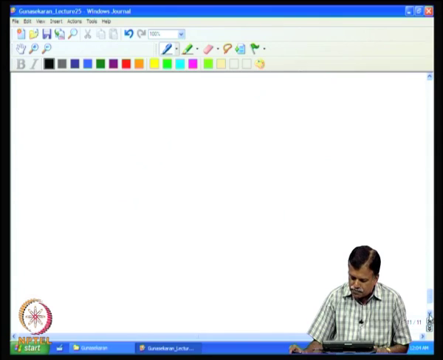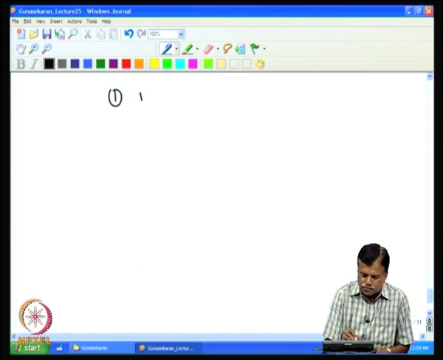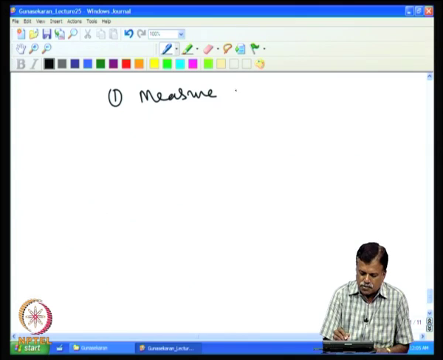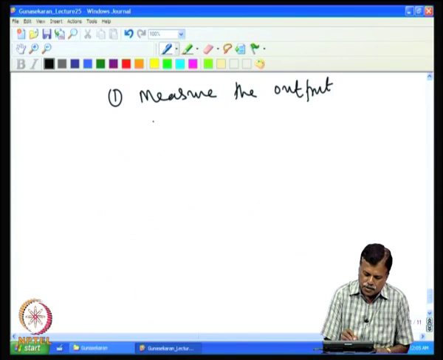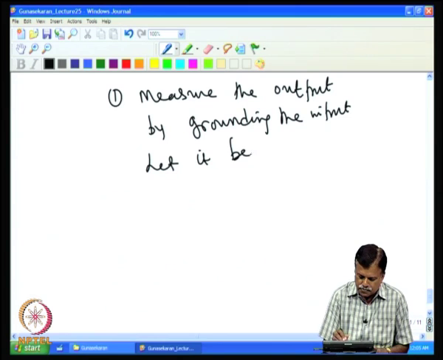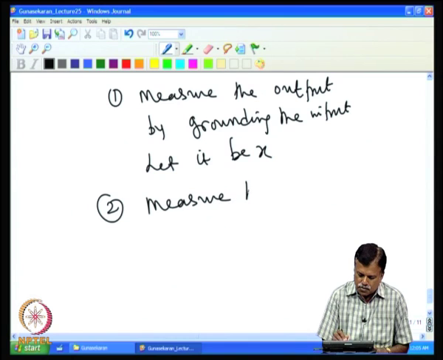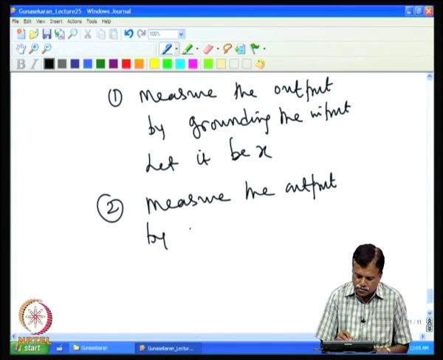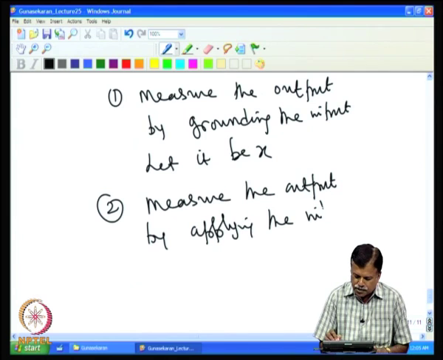Step 1 is to measure the output by grounding the input; let it be X. Then the second step is to measure the output by applying the input voltage,